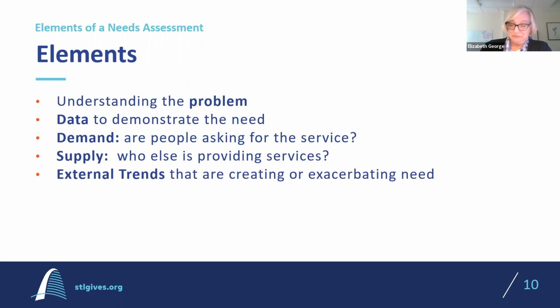We look at demand, and we know there are 600 folks that need these services, and then we look at supply, and we see that in terms of outfitting an apartment or a small house, we've got folks that are giving furniture and food and health and beauty supplies and pots and pans. That's there. But the gap is in the supply of the actual housing. And whether that is rehabbing housing or new construction, that takes time. It takes time to find those, and it takes time to create those.